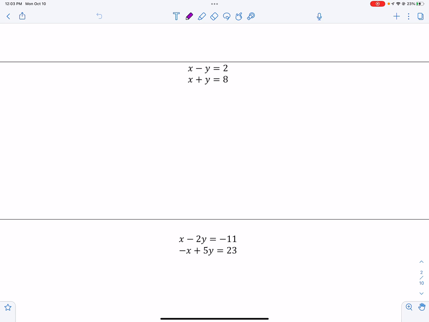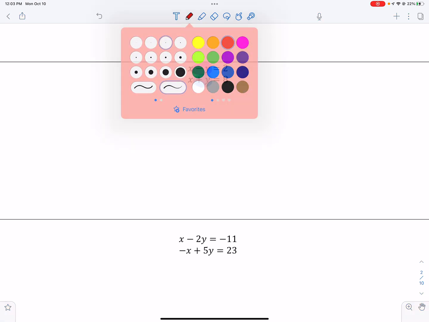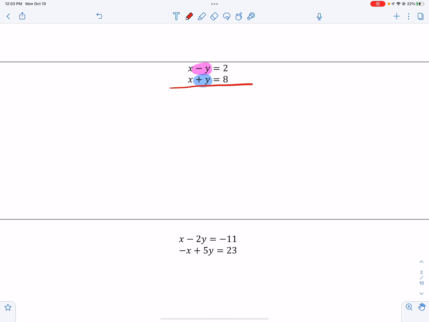opposite signs. So if you look right here, you have a negative y and you have a positive y, okay? And so they both have a coefficient of 1. One has a negative 1 and one has a positive 1, so they are opposite signs. And so these are set up ideally to add these equations together. And so just like when we add numbers, you know, if we added 372 plus 408, we